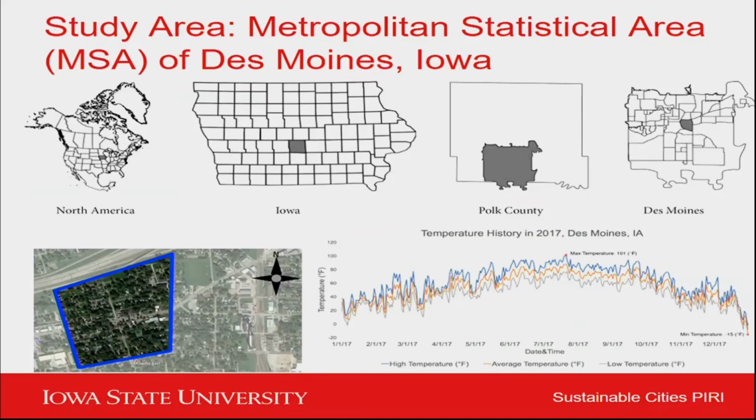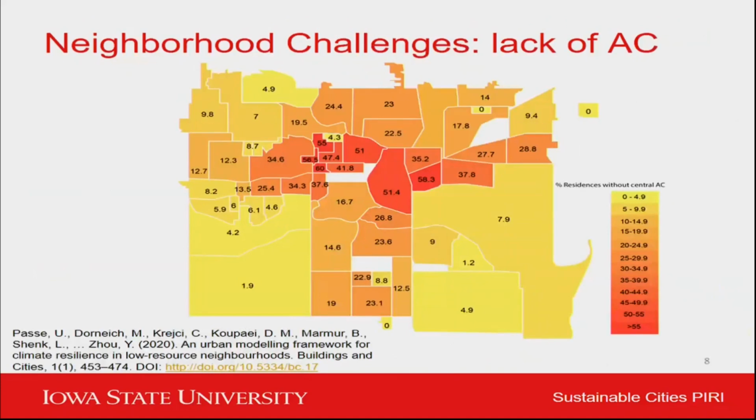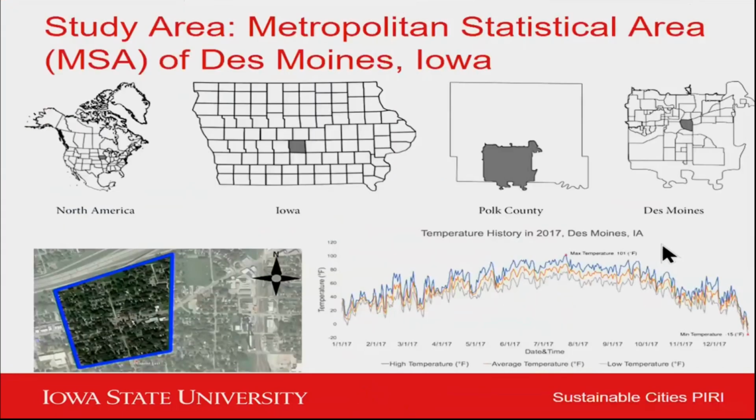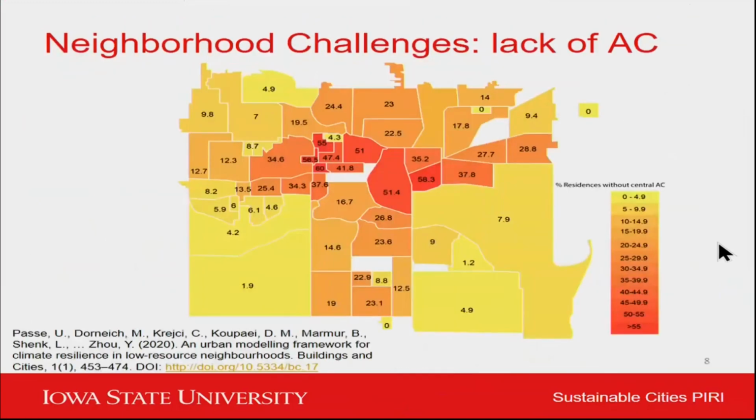We are also between the Gulf of Mexico and the Hudson Bay, so we have a lot of humidity in the summer, which is exacerbated by growing corn all over the state, because the corn takes the humidity out of the ground and spits it in the air. So another challenge in this part of the world is